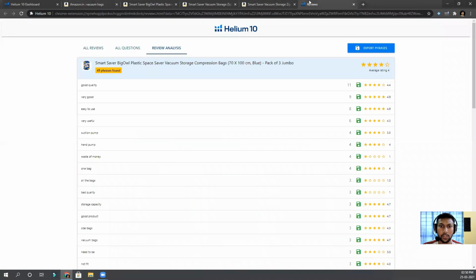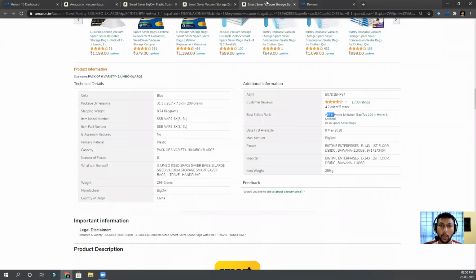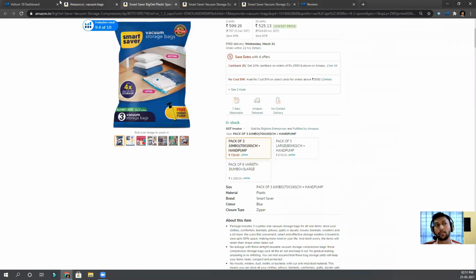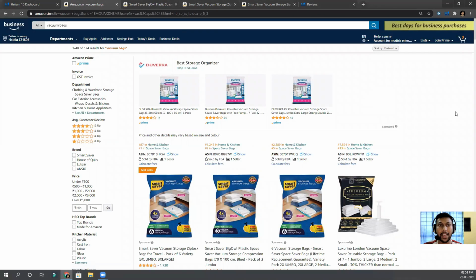For review analysis, this is the first thing I am using. Actually, for review analysis, I use Helium 10 a lot, because when I am launching, I need to improve the design. I don't launch the same thing. I have launched a couple of times, but it was a very bad failure. So you have to learn from your failure as fast as you can. Otherwise, you will see more failures coming.